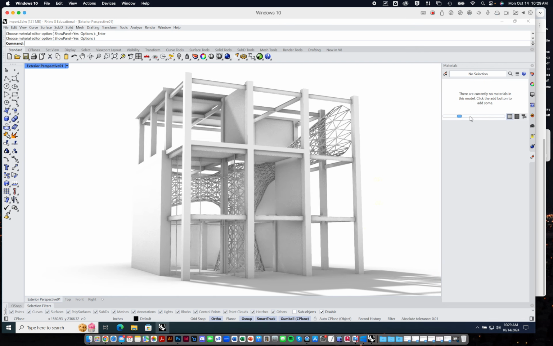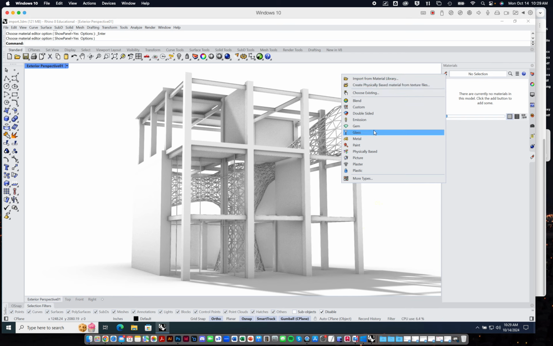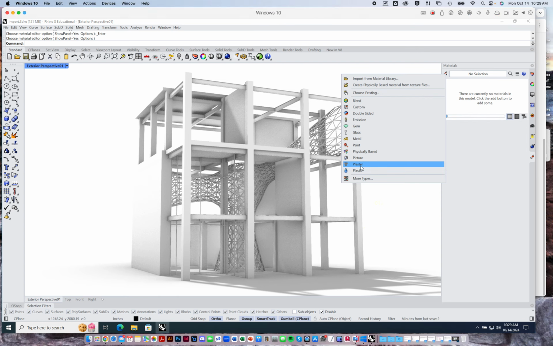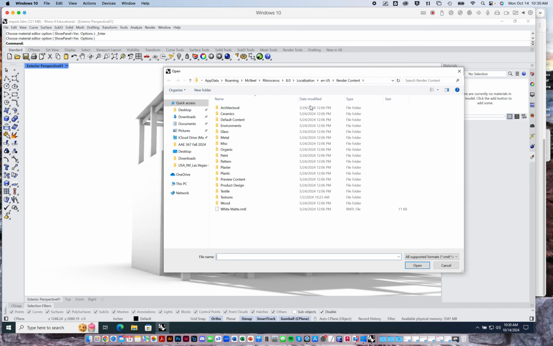you can see that currently I have no materials in this model. I can, of course, add some if I'd like by clicking the little plus sign, and I can import from material library. You can see that there are already some presets here. I think by default it just has a generic white plaster material. We should call that a white clay model material. There are no shaders, no real color added. It's just a surface, a pure blank white surface to be painted with shade and light. But if I go to import from material library, you can see that there are a number of options